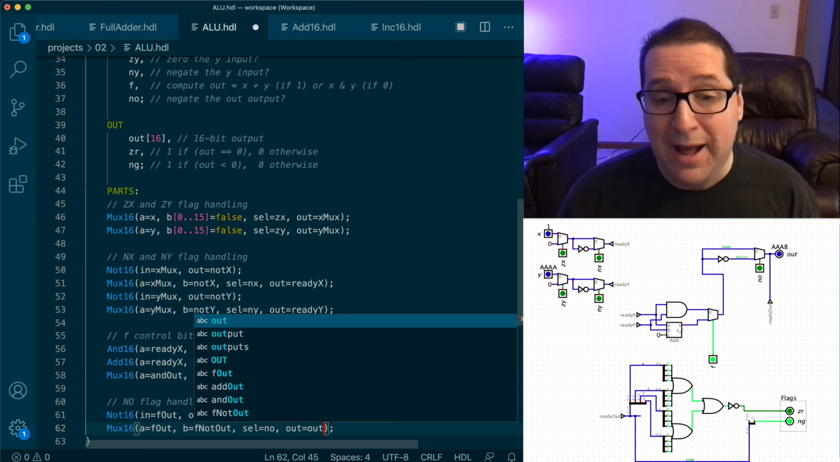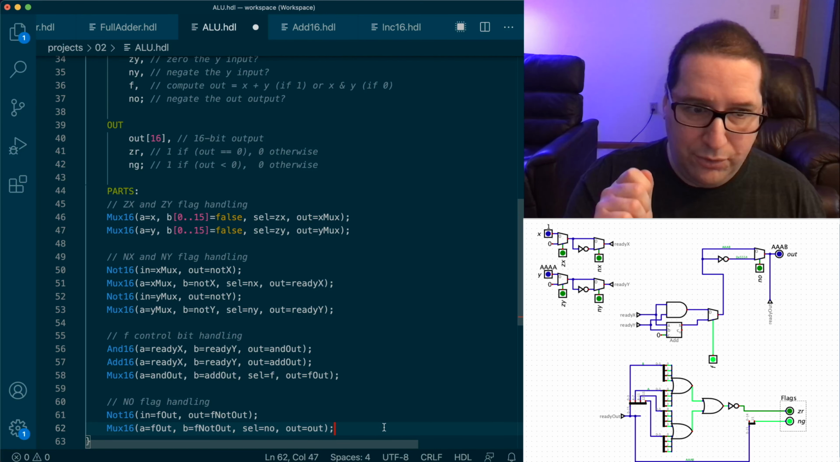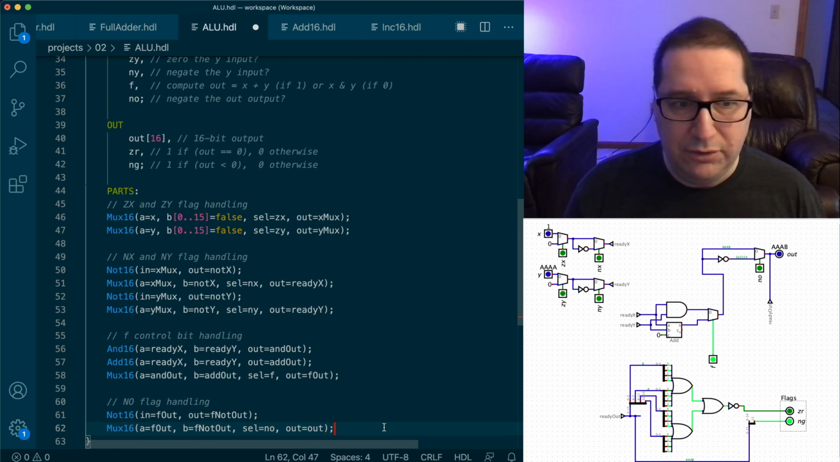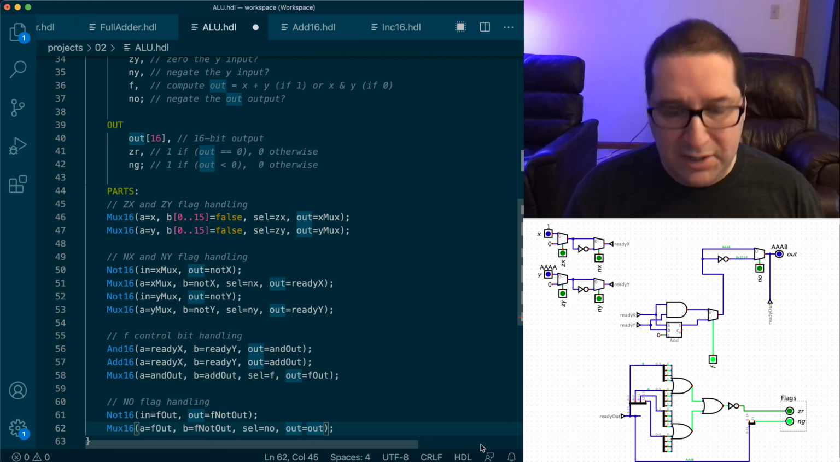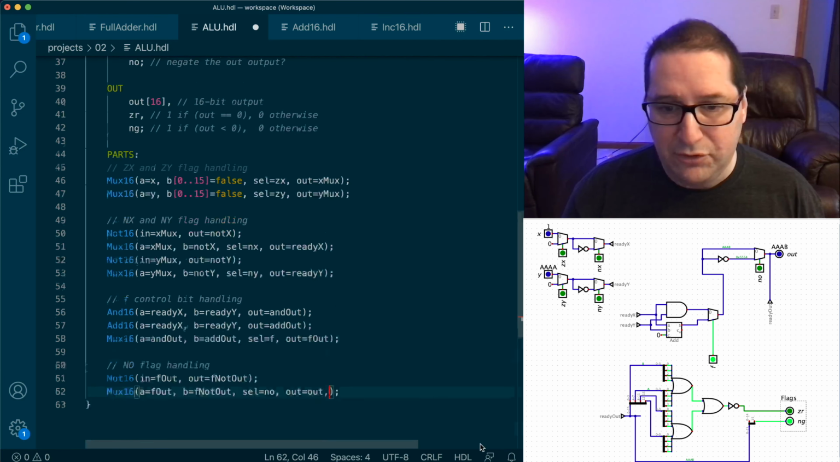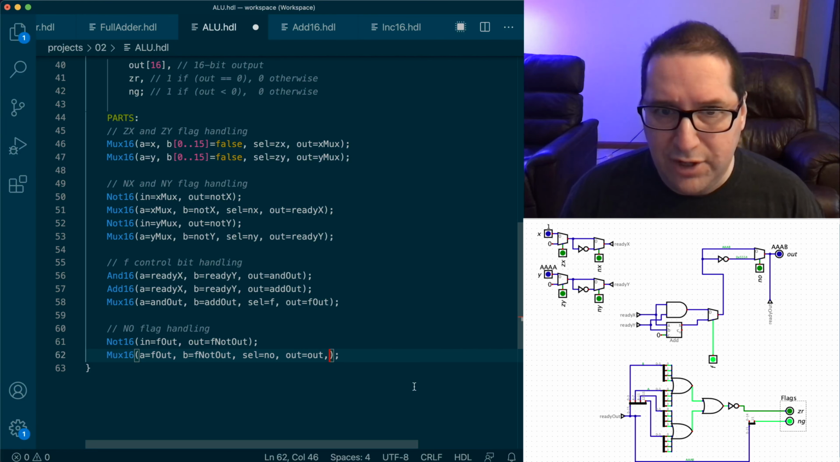So we could just do that. Out equals out. And now that out value should be correct. But we also want to take parts of this signal and route them to our flags. And we can do that all on one line here. This is all detailed in appendix, I think it's appendix A of Nisan and Schocken, that covers the HDL language